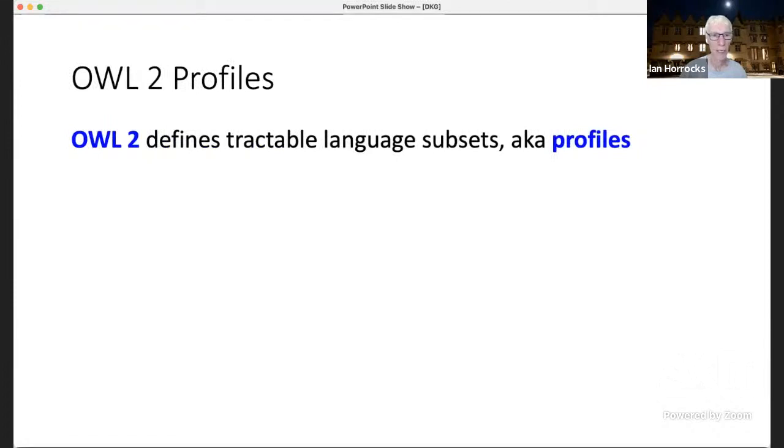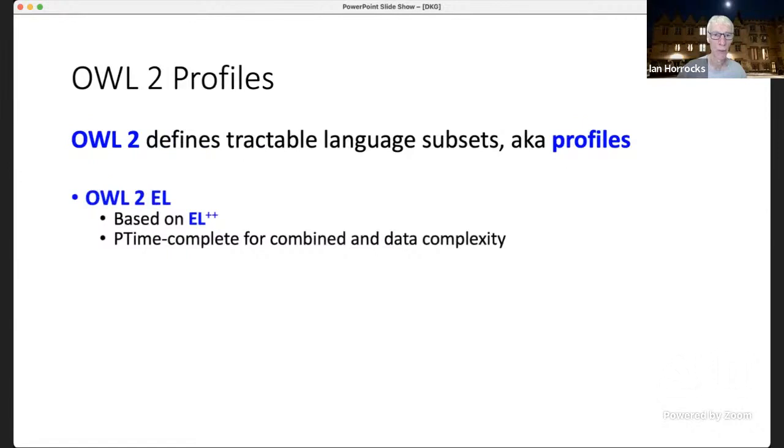I said I was going to come back to the profiles. I'm just going to quickly mention something about them. So OWL2 introduced 3 profiles based on these 3 description logic fragments: EL++, which has p-time, worst case complexity for